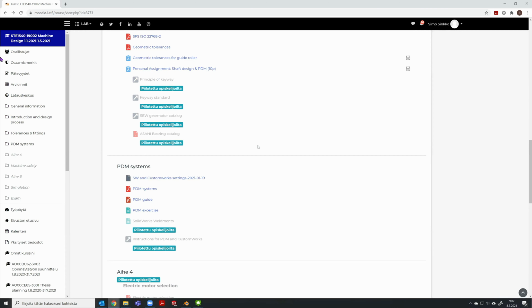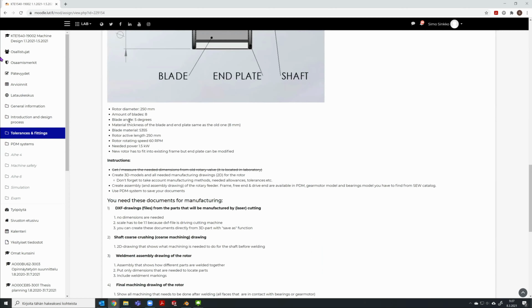It's not something that you would be able to understand by default, but this is just information that I tell you, that if we have a look at this assignment, it was told here that blade angle is 5 degrees, and in the case of